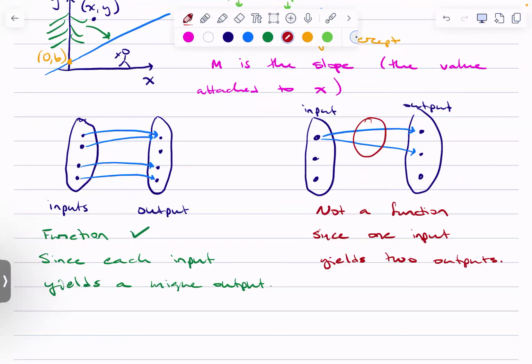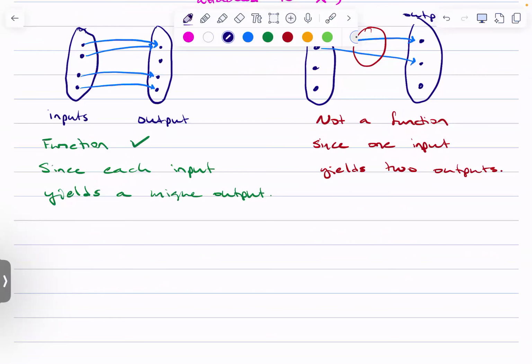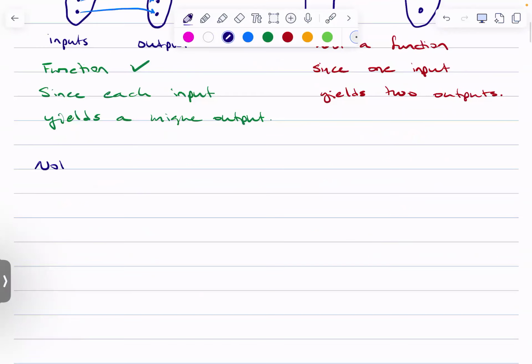Today we're talking about functions, right? But just be aware that we will be talking about things that are not functions, okay? We just call them equations, okay? So just as a note, we can work with equations which are not functions.